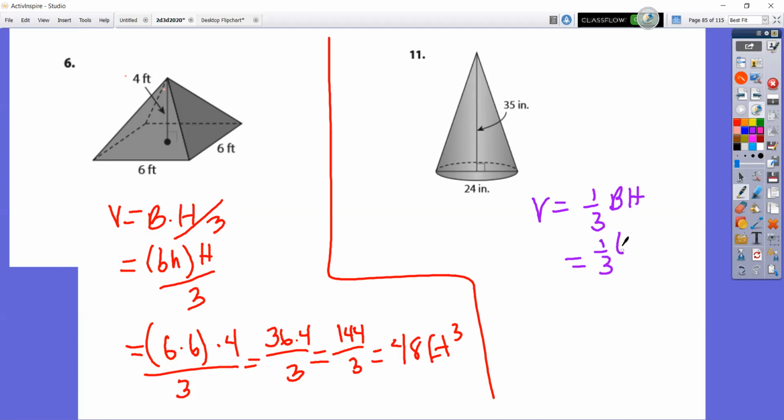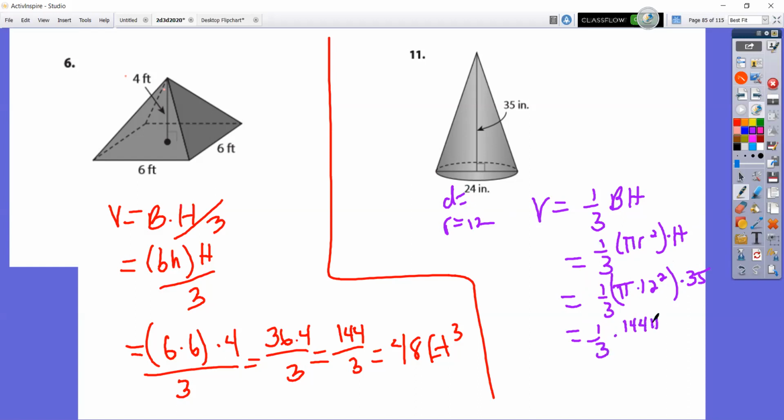Now this time the base is shaped like a circle. So pi r squared would be what I would put in place of capital B. Here they're giving me the diameter. So the diameter is 24, so the radius would be 12. So it's 1/3 pi times 12 squared, and then times the height. Again, I do not need slant height for volume. I need the height. So it's 1/3 times 144 pi